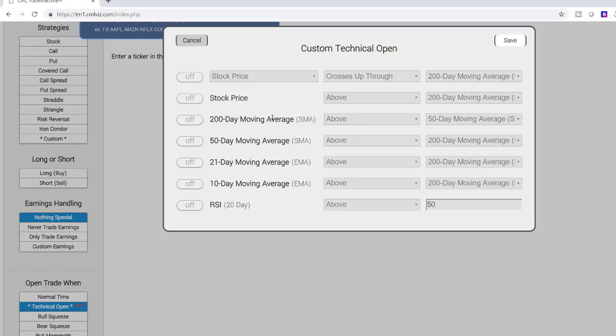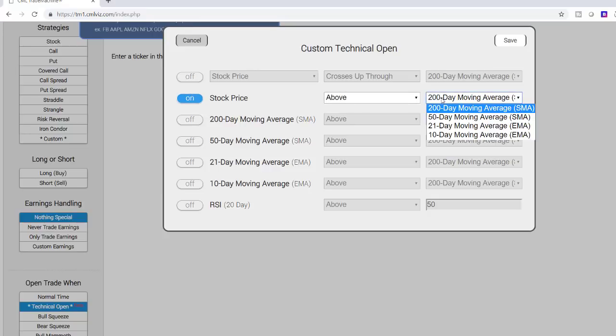And the one we're testing today is when the stock price is above the 50-day simple moving average. And you can see there's several other moving averages that are built in. You can do crosses up. I know another one that I've been looking at was when the price crosses up through the 10-day and the 10 is above. This actually gives you more of a frequency of trading, which did really well. And that also worked well